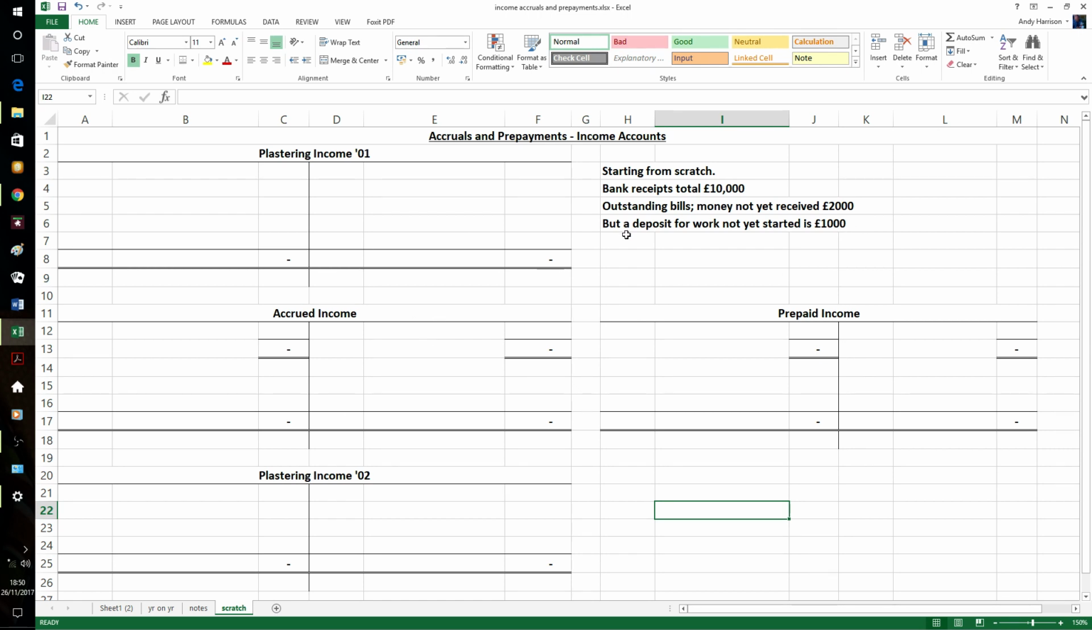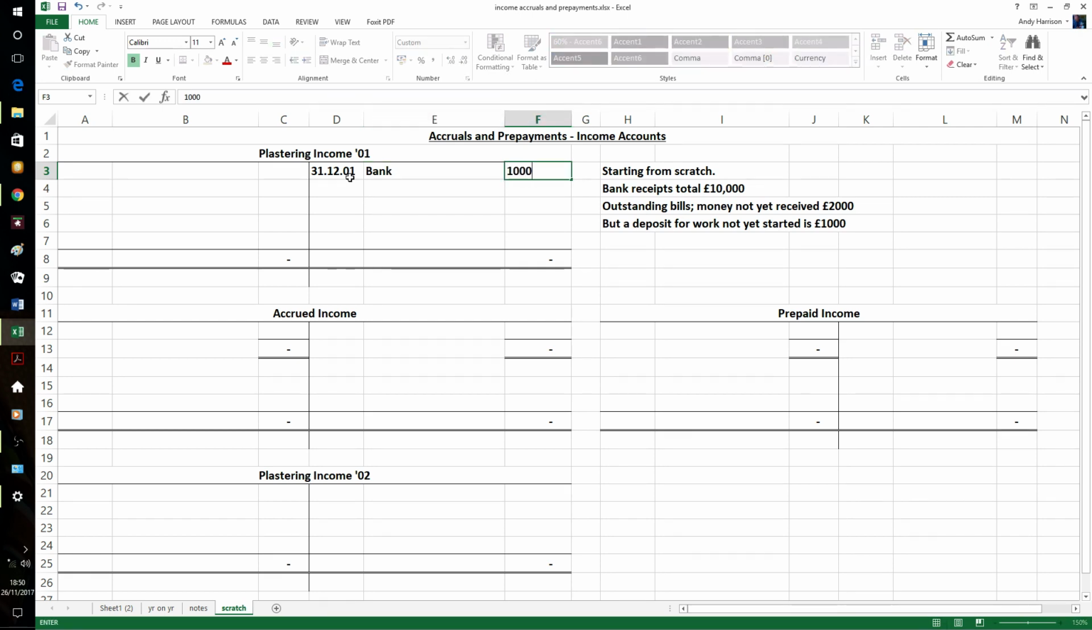So our plasterer has never worked before, so it's the first year of working for themselves, so we're starting from scratch. Plasterers are good at plastering, not necessarily accounting, but what we can do is look at their bank account and look at the receipts. So by the end of the year, our plasterer had £10,000 into his or her account. Our plasterer also knew that they were owed another £2,000 that they hadn't yet received,